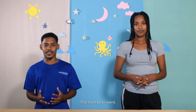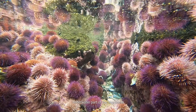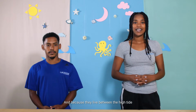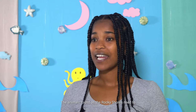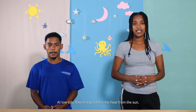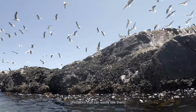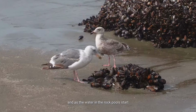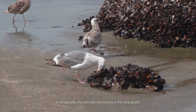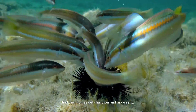That must be so weird. Underwater part of the day and in open air the other part. Yep, and because they live between the high tide and the low tide mark, the animals found on the rocky shores need to protect themselves from drying out during low tide. At low tide, they're exposed to the heat from the sun, predators that can easily see them, and as the water in the rock pools starts to evaporate, the animals swimming in the rock pools find their homes get shallower